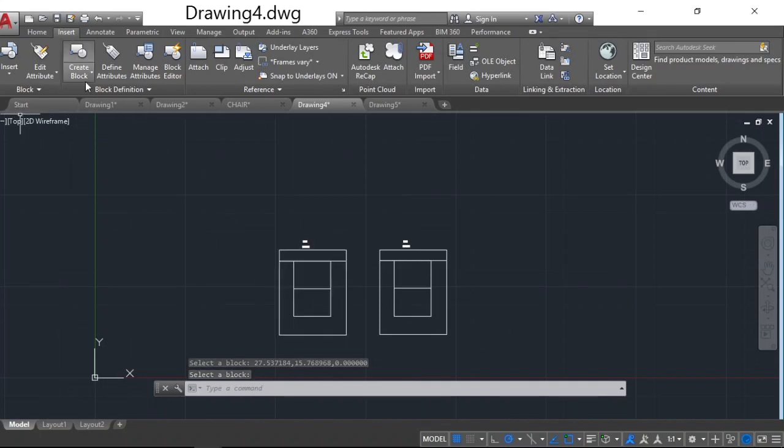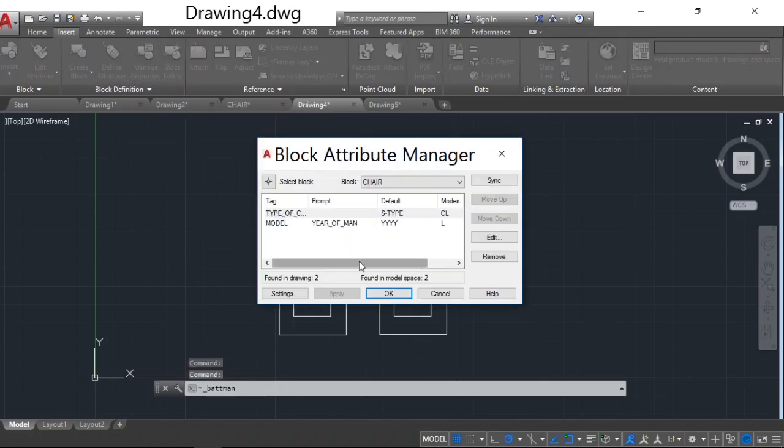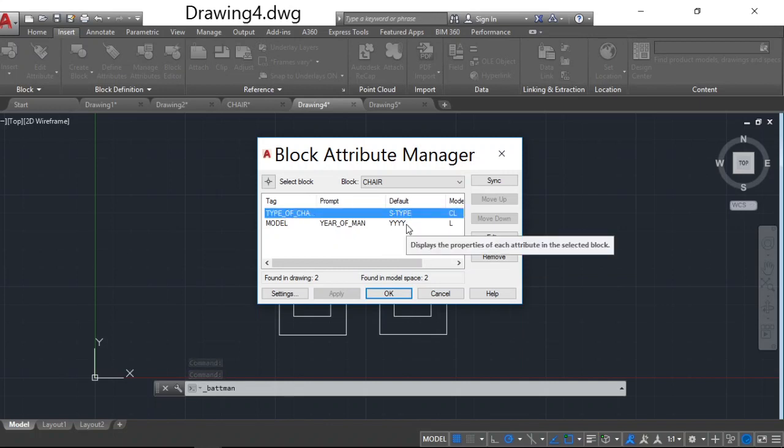Okay, right here we have manage attributes. So click on that manage attributes, then the tag information and the default values here it is going to display.